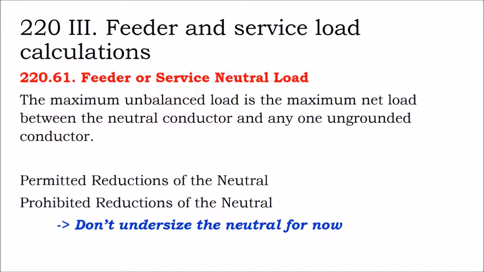We're going to worry about that later. But it says the maximum unbalanced load of the system, which is the load that is applied to the neutral, is the maximum net load between any neutral conductor and any one ungrounded conductor. And what that means is